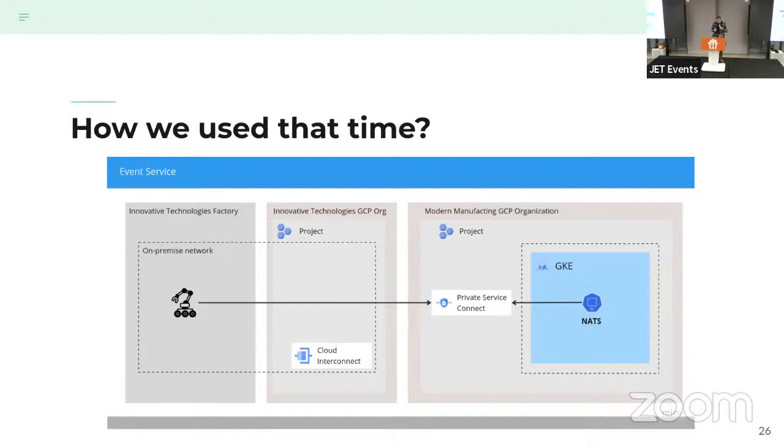And yeah, we based event service on NATS, this really great queue, if you don't know it. And why do we use NATS? Why not Kafka? Yeah, NATS is much simpler and lighter. And why not Google PubSub? Because we wanted something which you can run both on cloud and edge.